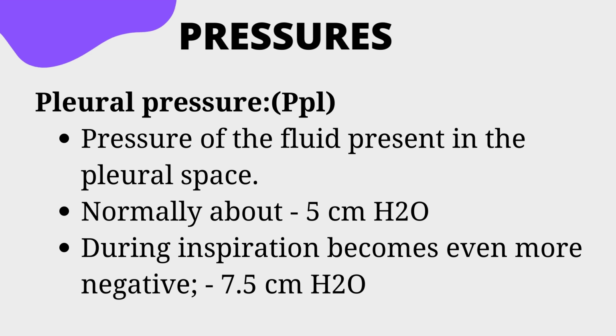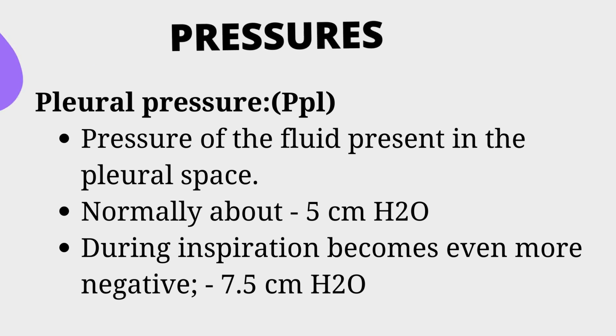We need a negative pressure in the pleural space, the pleural fluid. And during inspiration, you further need to negatively increase this pressure, because this suction pressure acts like a suction on the outer surface of the alveoli. So imagine an alveolus and the forces are acting outward. So this opens the alveoli and helps them inflate, distends the alveoli basically. So it becomes even more negative during inspiration, minus 7.5 centimeters of H2O, and then the reverse happens during expiration. So that is your pleural pressure.